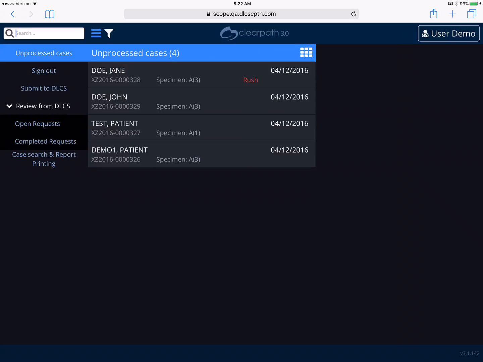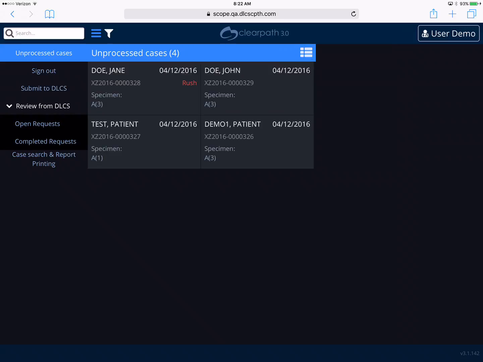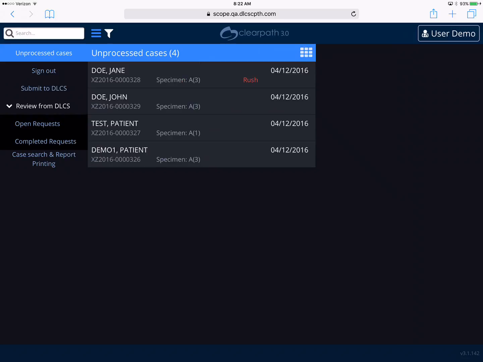In looking at the unprocessed cases, there are several ways to view it. On the right-hand side, you'll see a grid of white boxes. If you click on that, it'll move to a tile view, which is sometimes easier for clicking, depending on the size of your window. Or you can have the list view. If you select it again, you'll go back to the list view. The default sort criteria for the unprocessed case list is to put the rush cases first and then to list it by